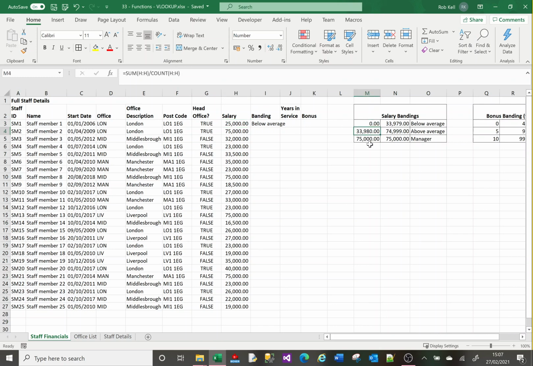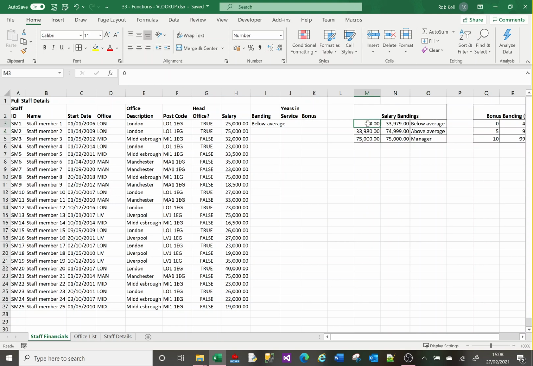This is 33,980, and this is 75. So Excel cannot return a value in here for something that is greater than the lookup that you're looking at here. So it finds the approximate match that isn't greater than itself. So 25,000 is greater than 0, but it's less than this 33,980. So it returns the 3rd column